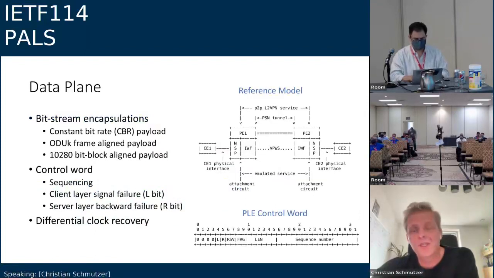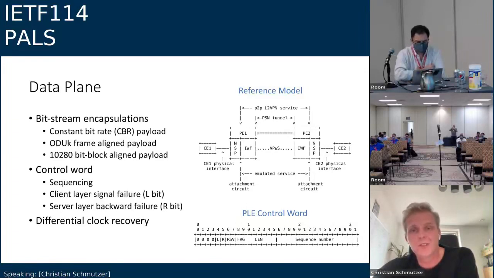Now, from a data plane perspective, it's really an evolution of what has been done with SAToP, right? And what we are defining is three encapsulation types, which are largely agnostic to any kind of information that's in the signal.